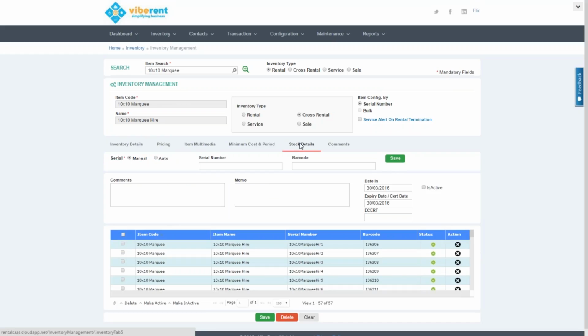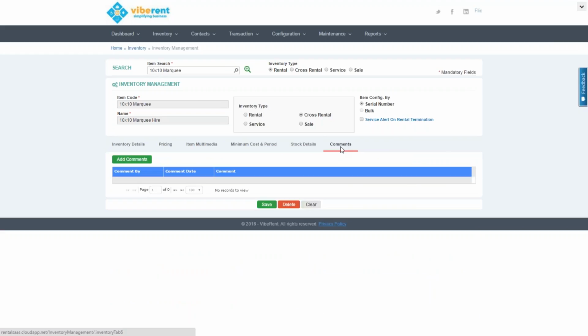Viberent also allows you to specify your unique serial numbers and barcodes for your items so that you can simply scan the barcode at the time of putting the transaction through. Obviously, from time to time, the conditions of your equipment change, so you can record all those things as part of the comments entry within the inventory item area,